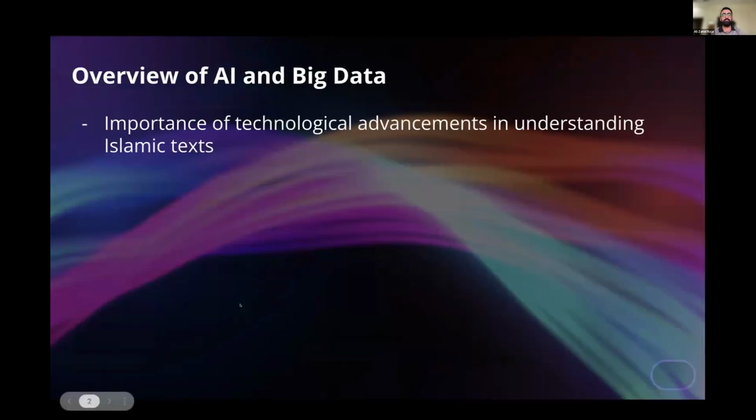Okay. So we'll start with an overview about AI and big data. Just to explain what AI is, I'm pretty sure most of you know what AI is, but what big data is and how to use those to understand the Islamic text. So big data is a terminology when it comes to data sets which are, well, big. And you can think of the functions which are used by big companies like Twitter or Facebook because they have large data. Those are some of the functions which can be used for Islamic text as well, because Islamic text comes in the terminology of big data.